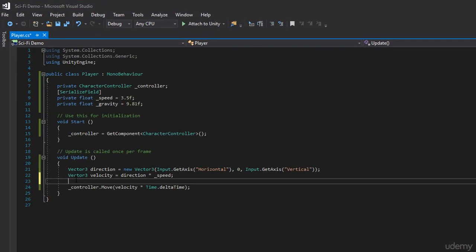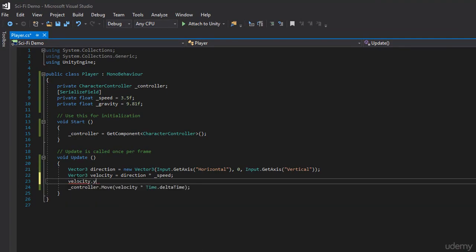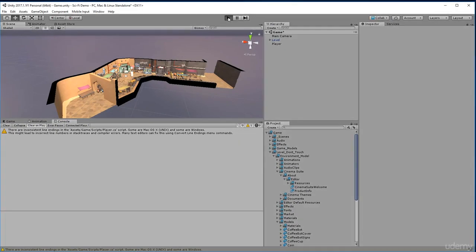To apply the gravity, we need to affect the y value of our velocity. So we're going to say velocity.y, and then we're going to just subtract gravity from it. So we're going to say minus equals gravity. And that's all we have to do. Go ahead and save your script, head back into Unity, run your game, and our character should drop to the